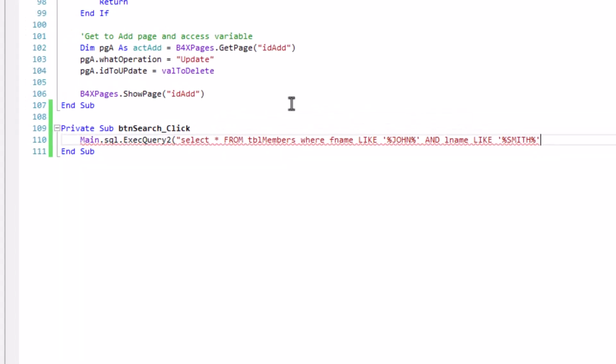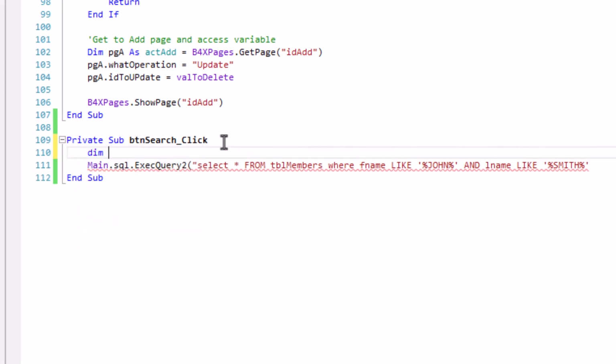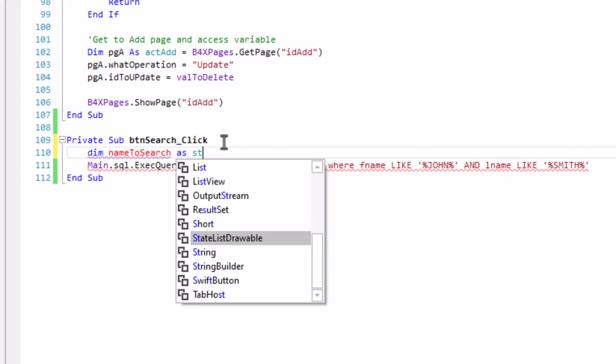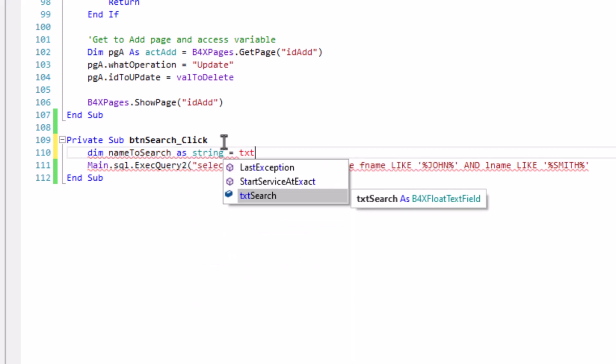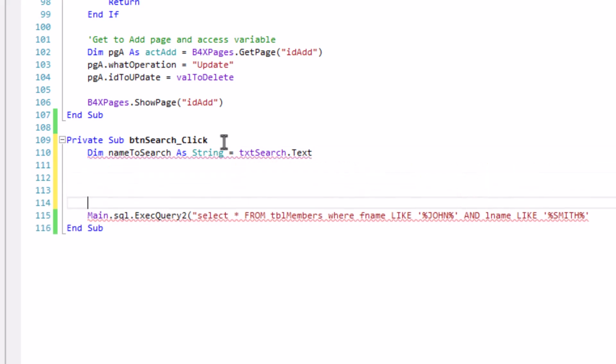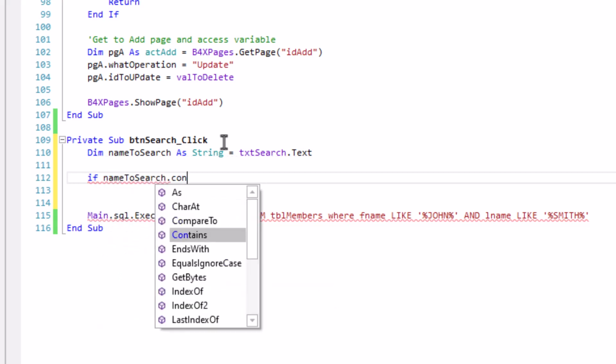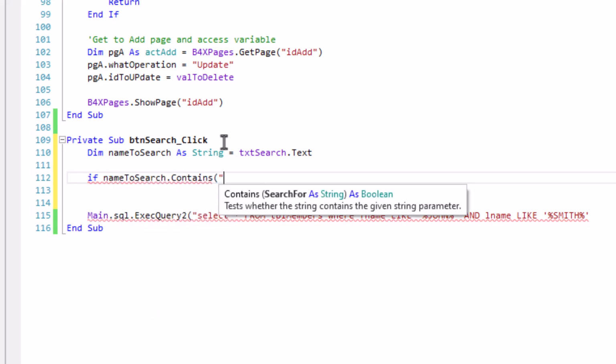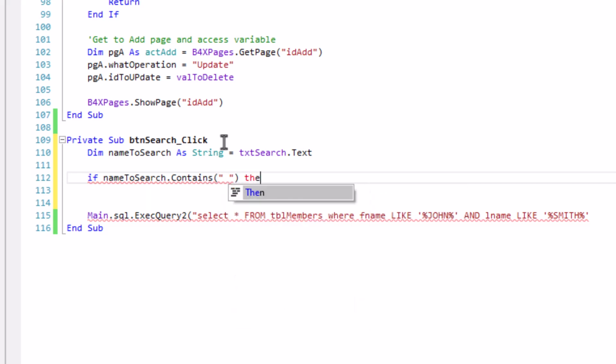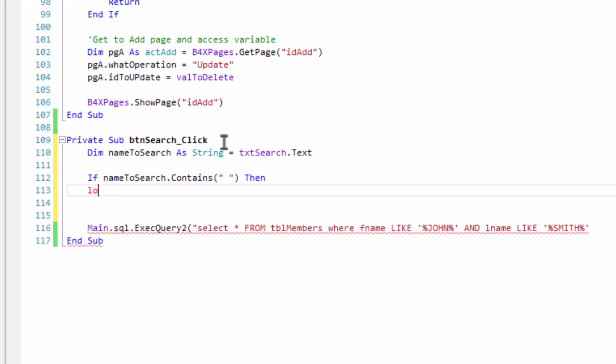So let's do that. Just putting this here for reference.